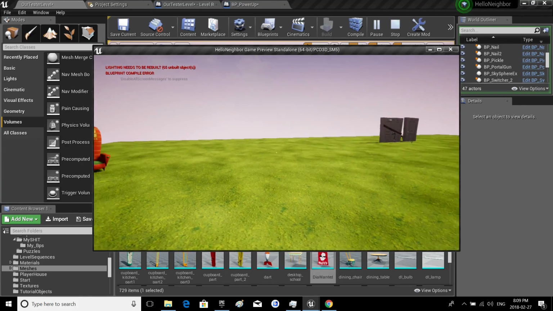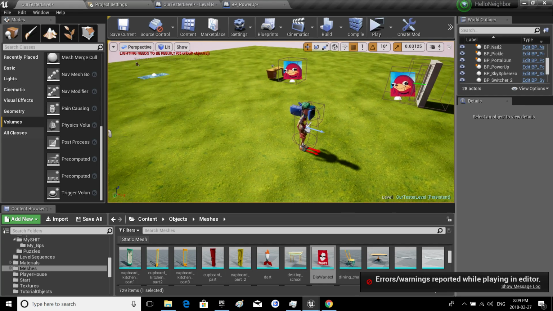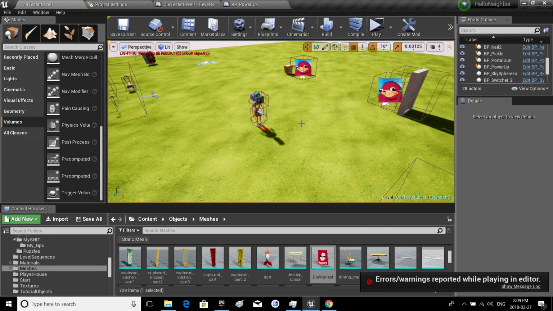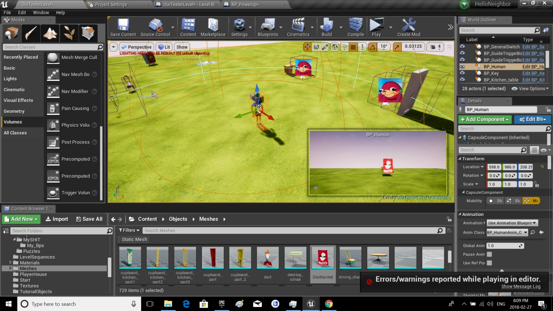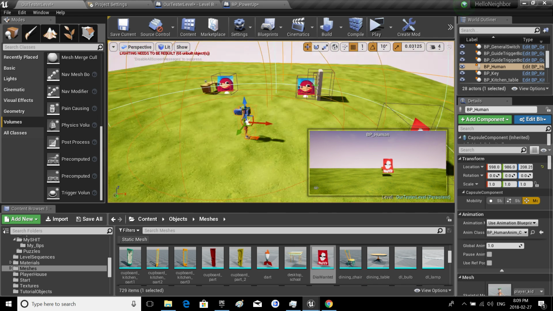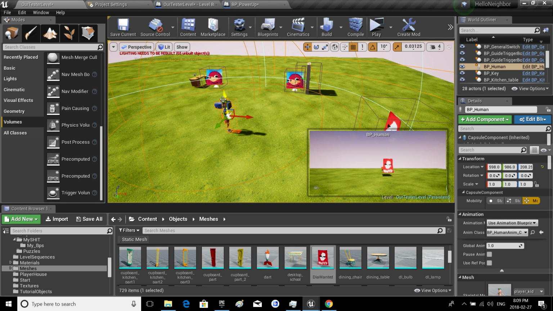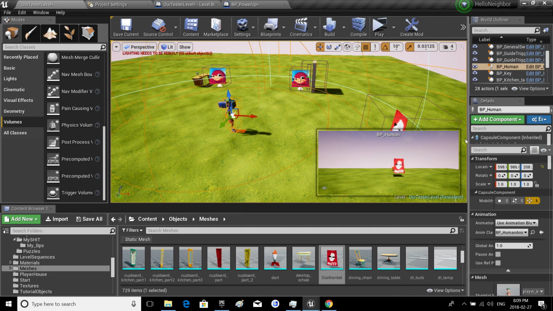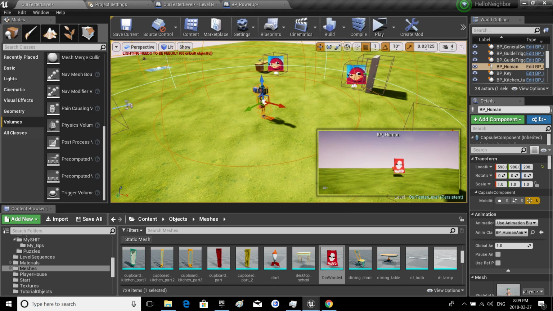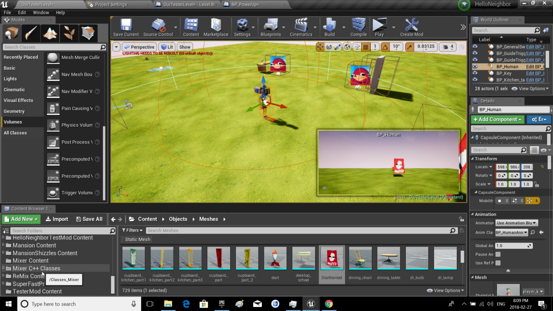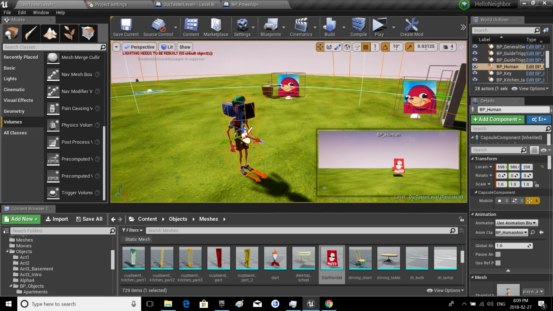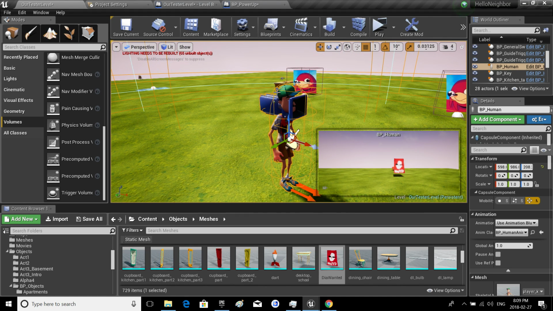So let's start off. I'm going to be going over how to get the BP human inside of your level without it crashing and whatnot. My good buddy, Mr. Pikminator, already went through all this, but just for simplicity's sake, I'm going to go through it as well, just to help out a little bit, because this is, to me, the best way of doing it. If you're going to be modding, any changes that you do to the BP human, you'll have to add him inside,